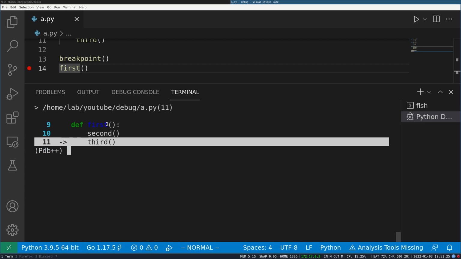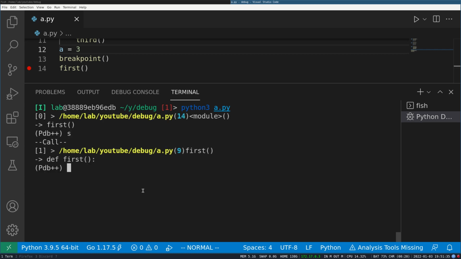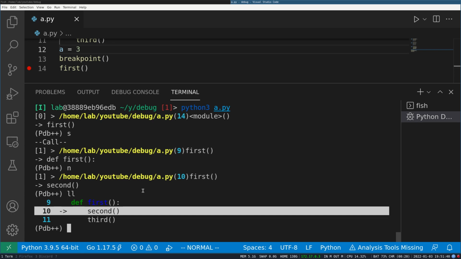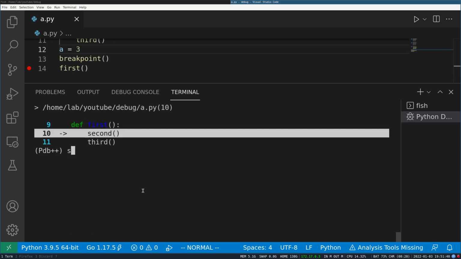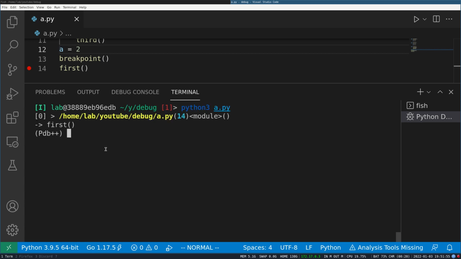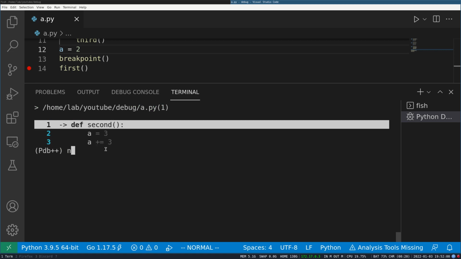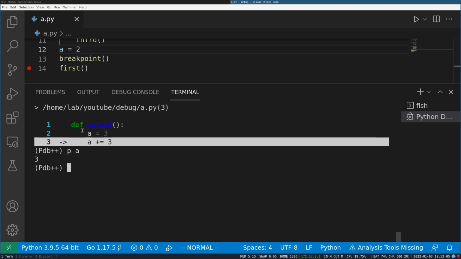And let's say there was some variable on line 12, and you run this code, you step into it, you run it again. Let me turn on the sticky mode. You go into the second function, and now you want to see the value of A. So the value of A is 3, but this is the value of this A, not what is on line 12. Okay, let me change the value here. That will make more sense. So I step into this, I go to next, I step again, I step here, I print the value of A, but it is 3. And let's say you want to see the value of the global A.